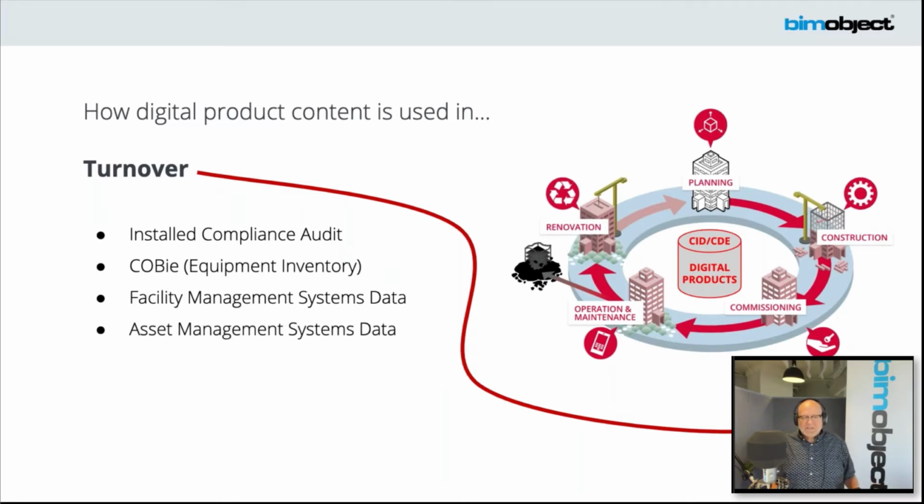Not unlike facility management, the asset management systems data is all there. Again, as furnishings and so forth are brought in, these become part of that complete turnover when this building is brought online and equipment is up and running. System startup data is the next one: all of the information of what started up, and any kind of error codes that come up because of equipment that maybe wasn't operating within specified range.